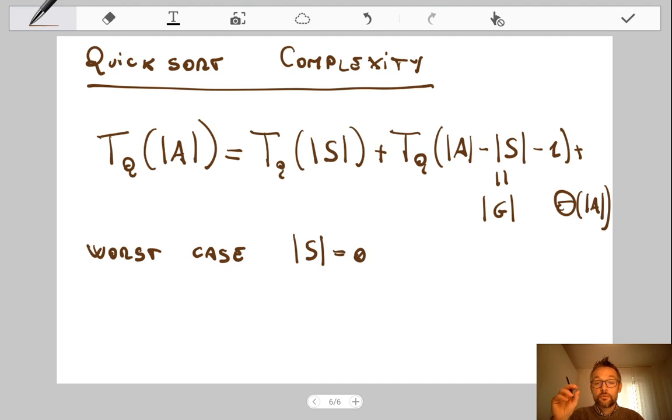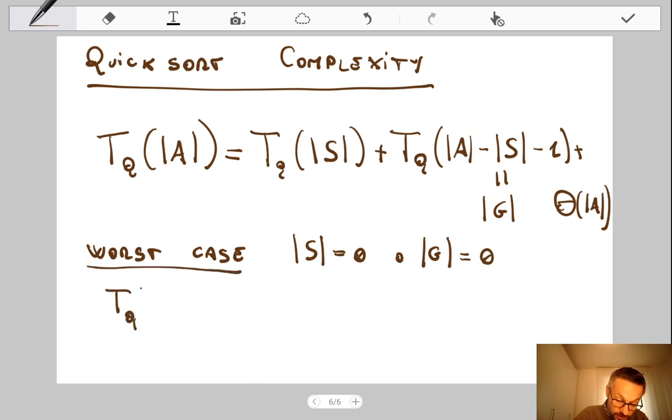Why? Because at each iteration of our quicksort algorithm, we are selecting as pivot the smallest element in the array. Okay, and there is no repetition. So in this case, or of course G equal to 0, which is symmetrical. In this case, the above equation becomes